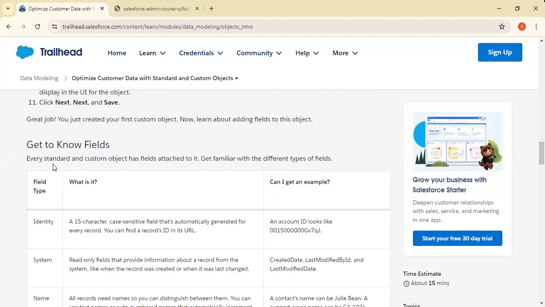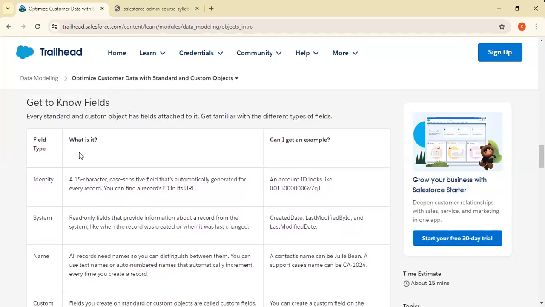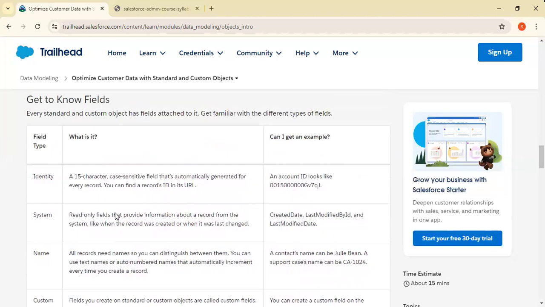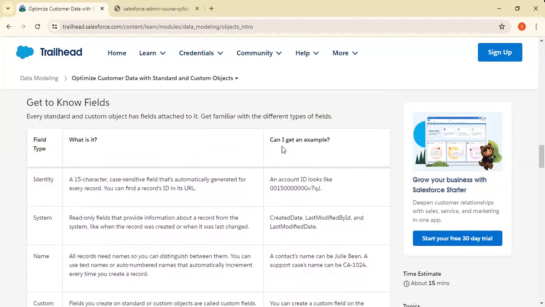Get to know fields. Every standard and custom object has fields attached to it. Get familiar with the different types of fields. यहाँ पे एक चार्ट दिया गया है जैसे कि what is it, field type, identify custom names और customs। जैसे कि यहाँ पे एक example दिया गया है, जैसे identify, a 15 character case-sensitive field that is automatically generated for every record. You can find the record ID in the URL. यहाँ पे आप record ID, account ID, मतलब ऐसे एक नंबर ऐड कर सकते हो।